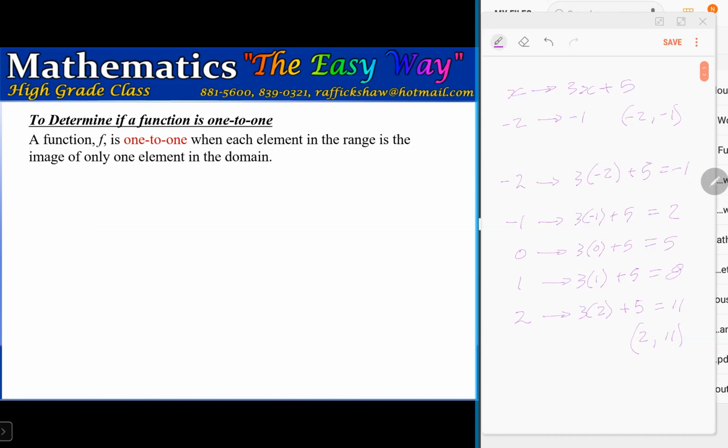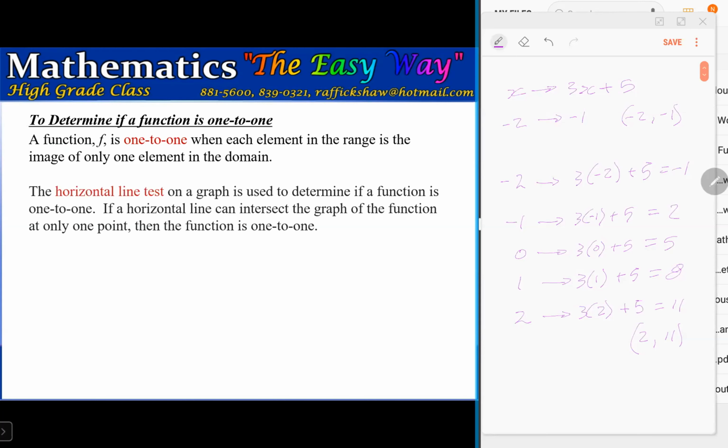So a function f is one-to-one when each element in the range is the image of only one element in the domain, meaning one element mapping to only one element. That's all it means, right? So a horizontal line test on a graph can be used to determine if a function is one-to-one. If you have a function graph and you draw a horizontal line on that function graph and the line intersects the graph at only one point,